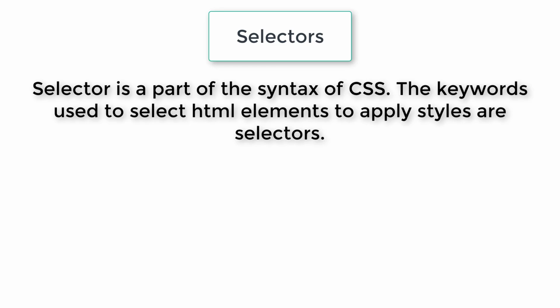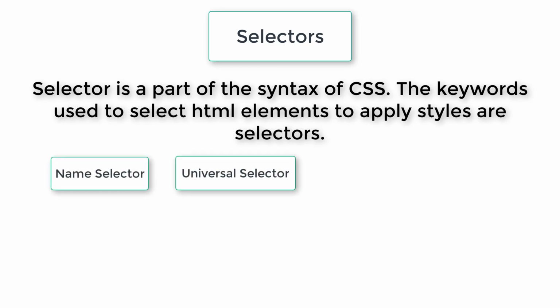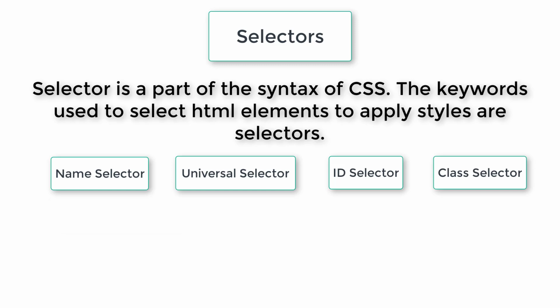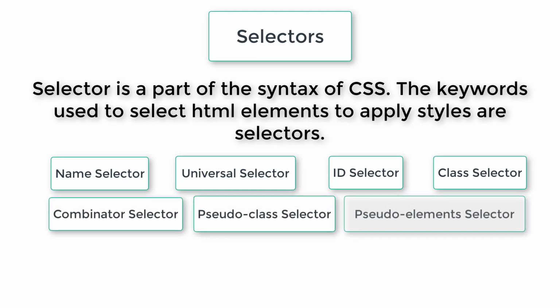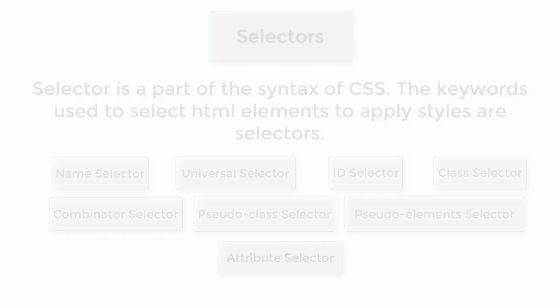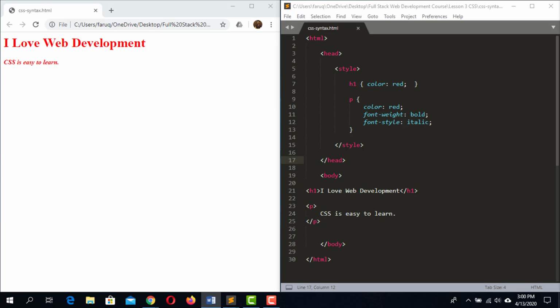There are 8 types of selectors. They are name selector, universal selector, ID selector, class selector, combinator selector, pseudo-class selector, pseudo-elements selector, and attribute selector. We're going to learn how to use all of these selectors. Before starting, let's remove the code from the previous section